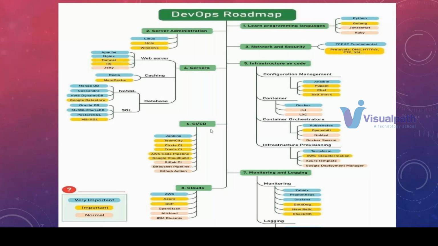Under servers, under web servers, I'll be covering Apache Web Server and Nginx Web Server, both of them, to run your websites. And then under caching, I will be teaching about Memcached. Though I have written Redis there, I'll be covering Memcached. Under the databases, to store the content of your website, we will be using relational databases and non-relational databases. Under relational databases, I'll be covering MariaDB and MySQL, and then PostgreSQL as well. And not only that, I'll be covering a NoSQL database like DynamoDB. I'll be covering only one topic from this and two topics from here.